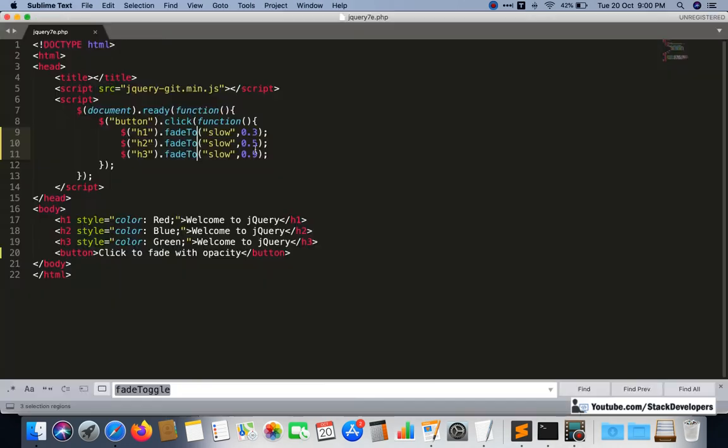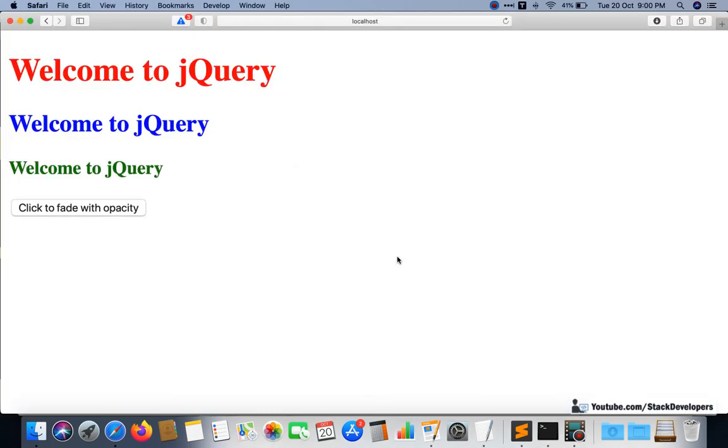Okay, so see, this is the example, and you can reverse it as well. 0.9, 0.5 and 0.3. Now the H1 will be darker, then H2 will be lighter, and H3 will be more light, like this. Okay, so let's see.